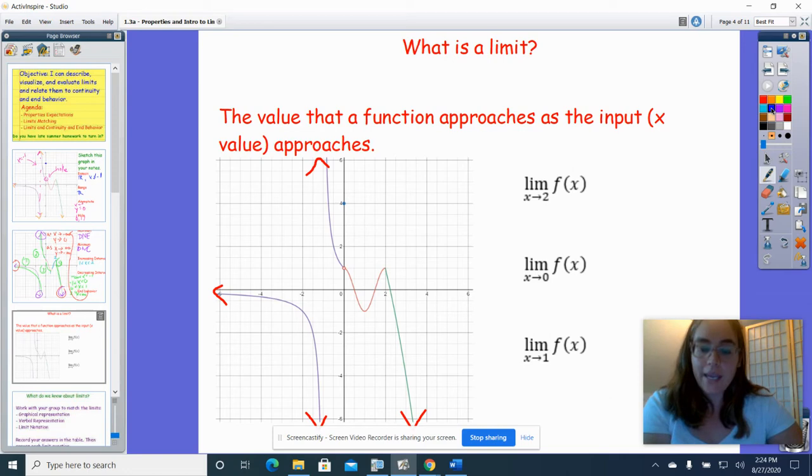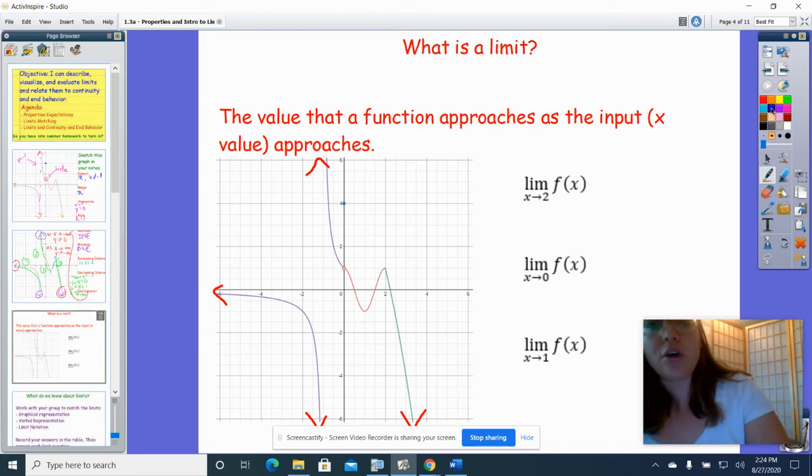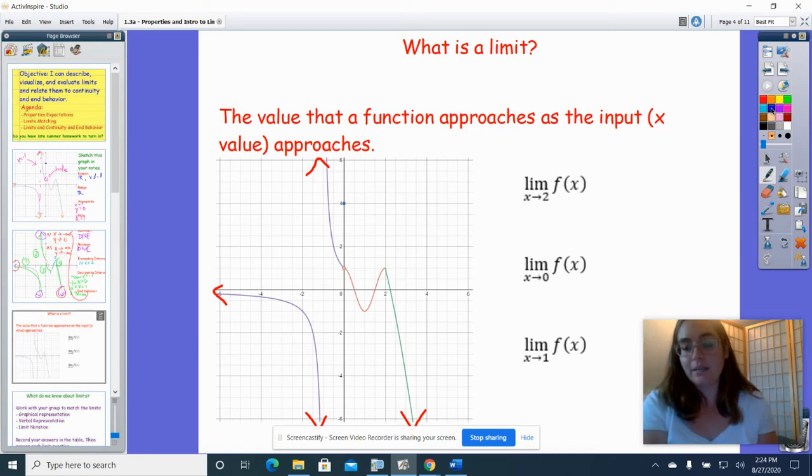So what we're looking at now is sort of our review of pre-calculus. What is a limit, right? The definition of a limit is the value that a function approaches as the input, or x value, approaches something else, right? So as x approaches something, the graph is approaching the y value. So for example, we'll look at